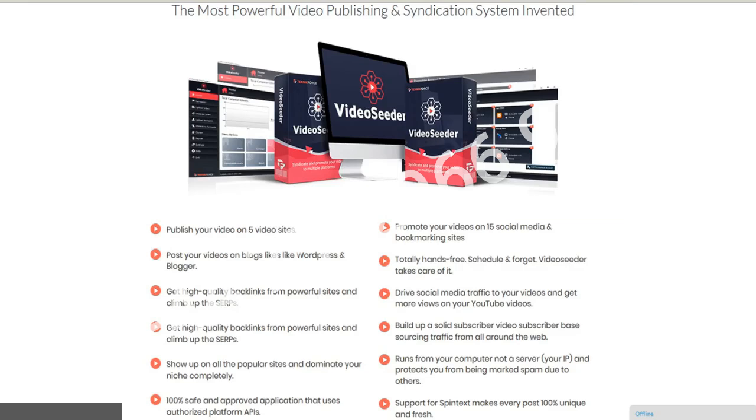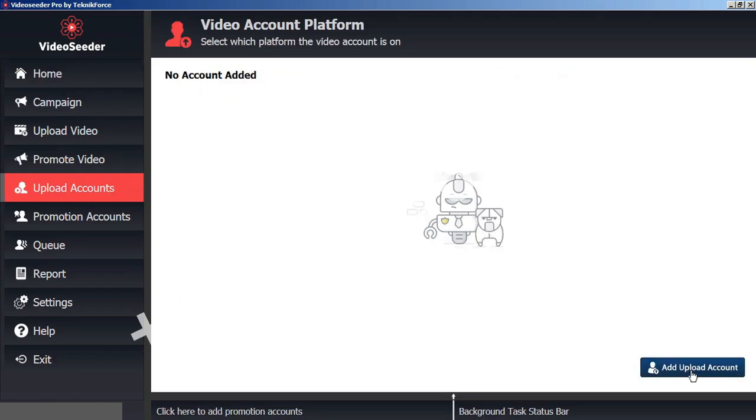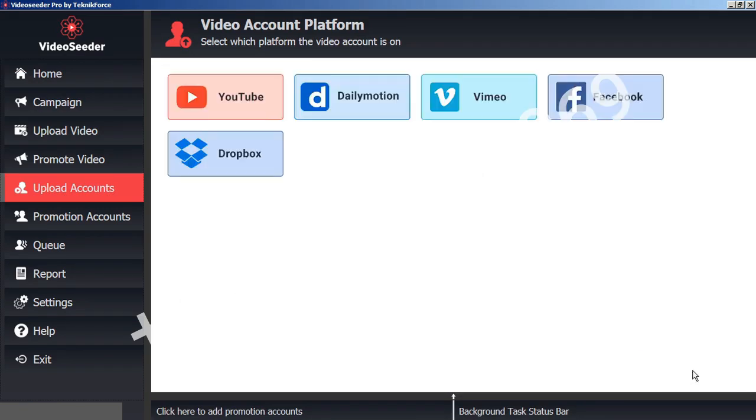Getting started is easy. The first thing you'll have to do before you can start sharing videos is connect your accounts. To start, go to the Upload Accounts tab. Then in the bottom corner, click Add Upload Account. Here you can choose from YouTube, Dailymotion, Vimeo, Facebook, or Dropbox. Just click on the platform you want to connect,